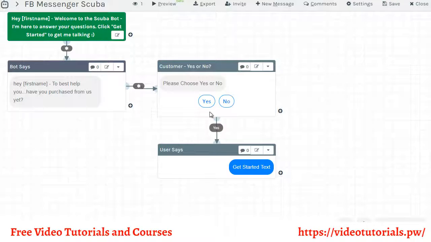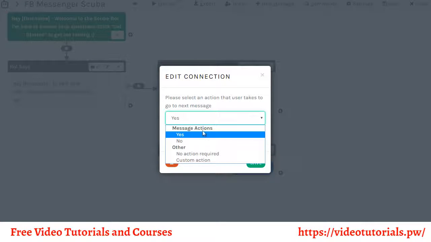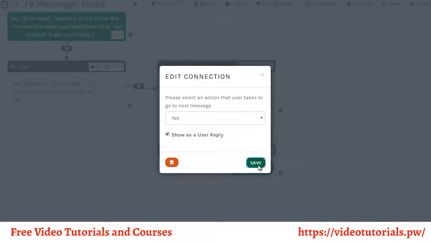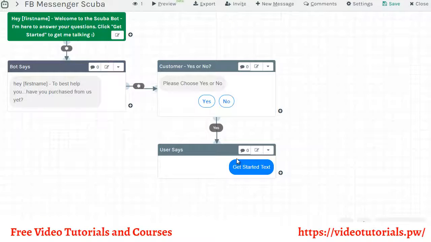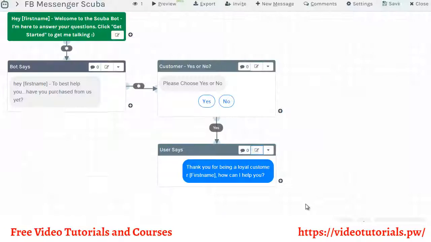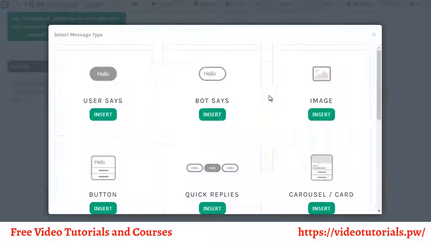Okay, so in order to get here to here, if they say yes, you need to click this here and it'll say message actions. So yes or no. If they say yes, right? And you can click on this as the user reply, click on yes. And if you don't like what you see later on, you can always exit out of that and remove it. But if they say yes, then here's the text that we're going to show. Thank you for being a loyal customer. First name, how can I help you? Now, if they say no,